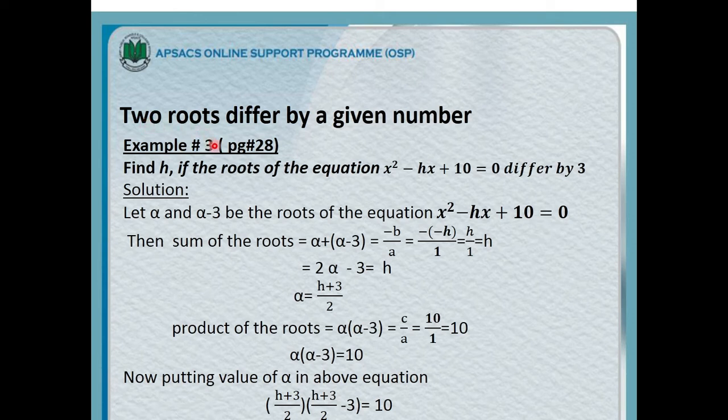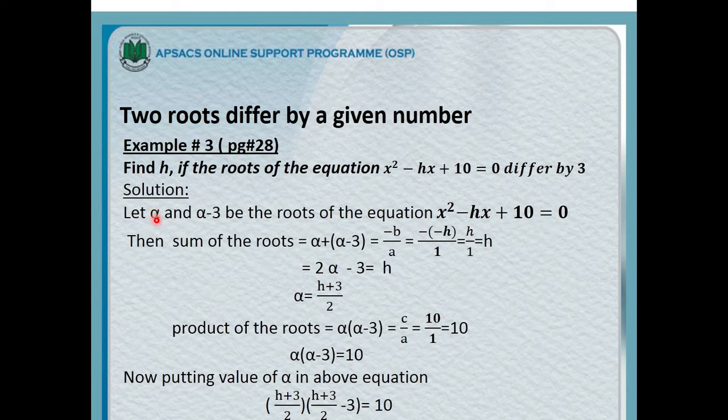Two roots differ by a given number. So students, I am going to explain example number 3 on page number 28 of your textbook, in which we have to find out the value of h if the roots of the equation differ by 3. It's a very important question from the board point of view. So please